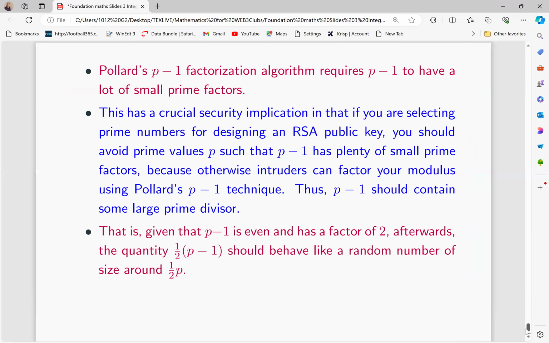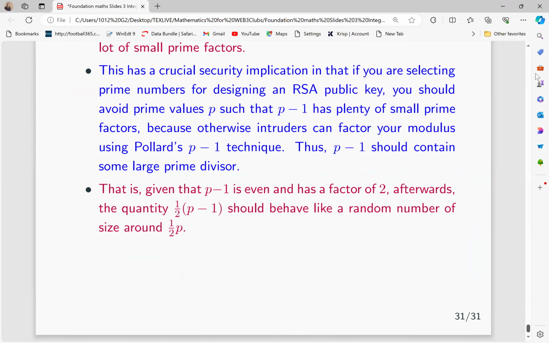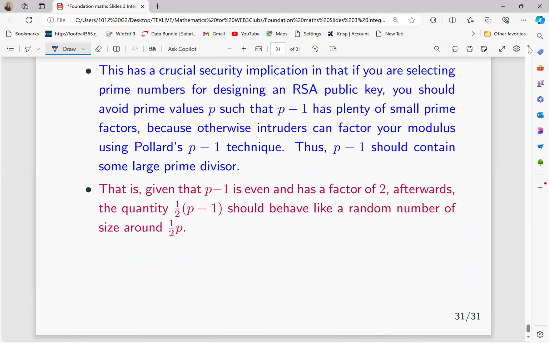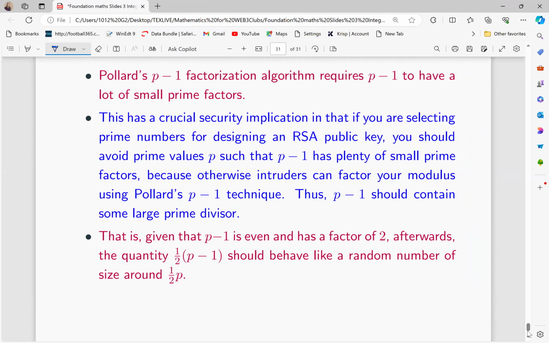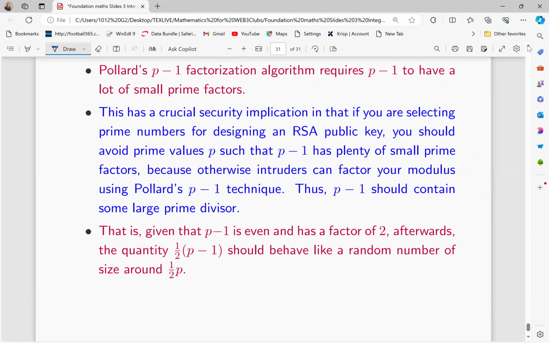But there's something I'd written here just for security reasons. I had said, although it concerns the Pollard's algorithm, it still applies to both. What I've said is, if you have